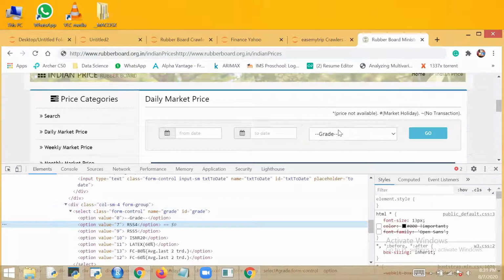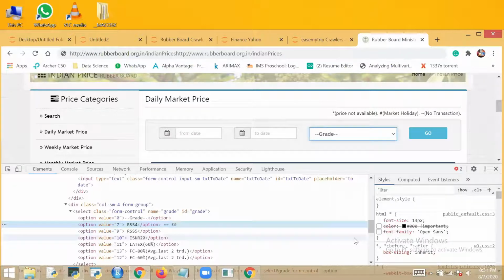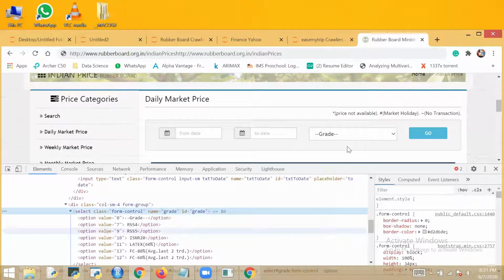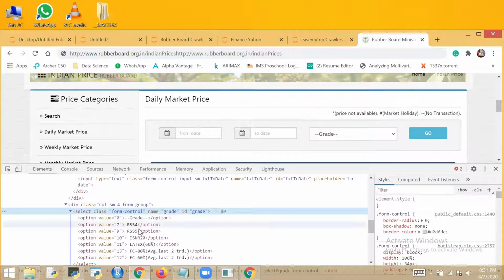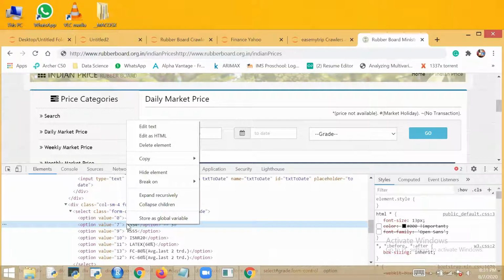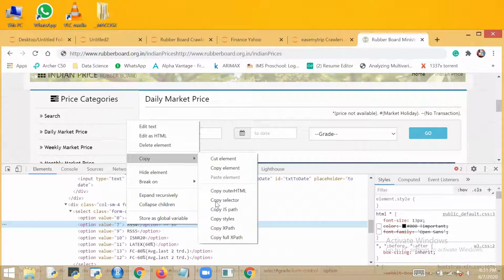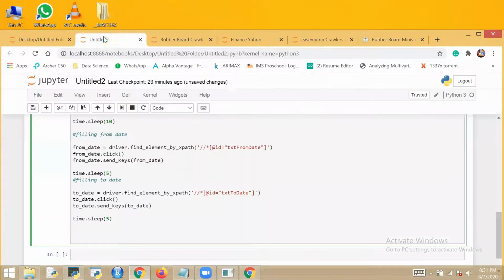Okay, what I've done, I've clicked on it. I went to inspect element. In inspect element, I can see this is the type of select. I've clicked drop down. Now whichever grade I want to select in this field, I'll click on it and I will copy its XPath. Again, I will go here. I will fill